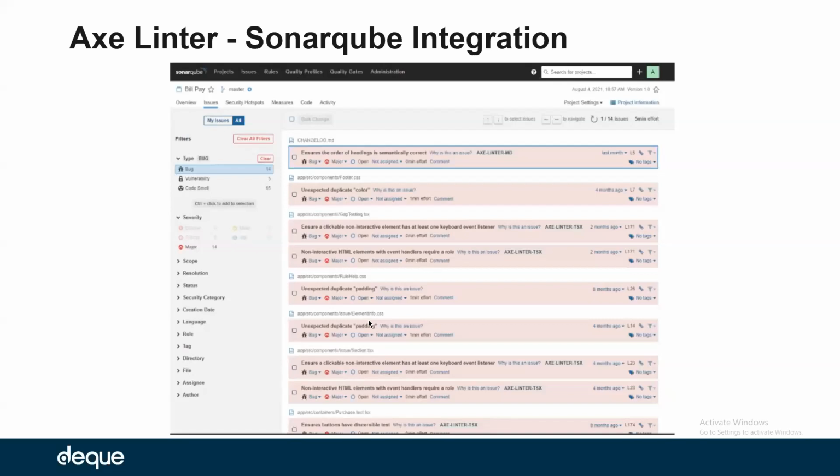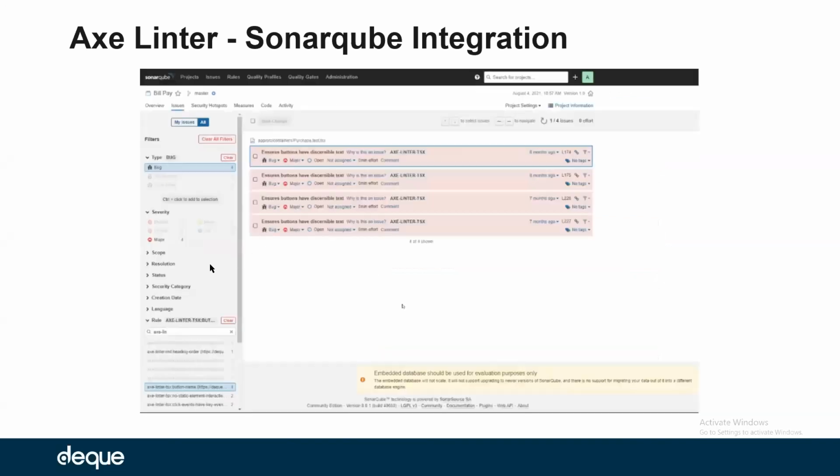Okay, so there's nothing new from Axe Linter perspective. But what changes over here is, once they come to this particular page where they can list all the bugs, they can put a filter on this and see what is the Axe. The filter is over here on the left hand side in the bottom, Axe. At the moment I put in the filter, I'll be able to see accessibility related issues. So this is where I'll find that, like your regular issues, what you find in SonarQube, now even accessibility issues are also visible in SonarQube.